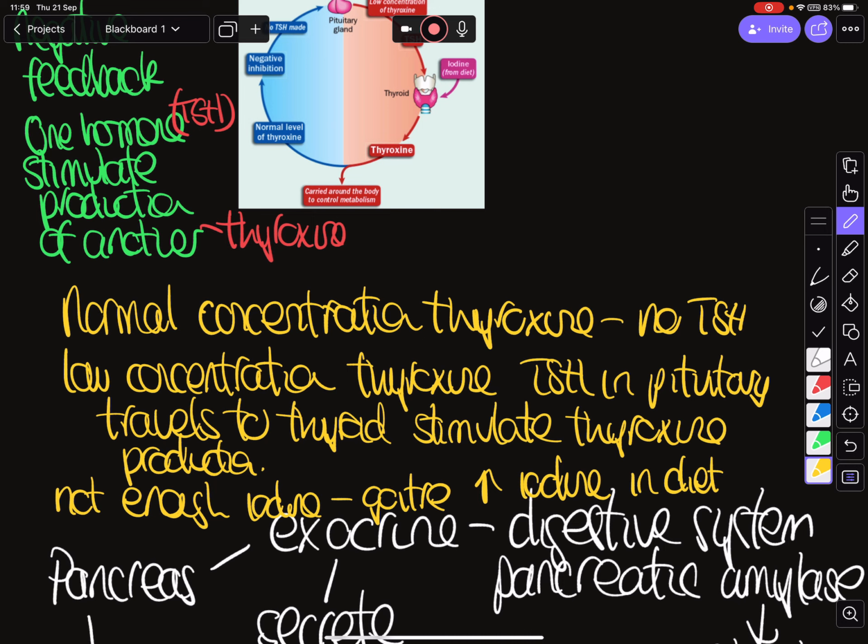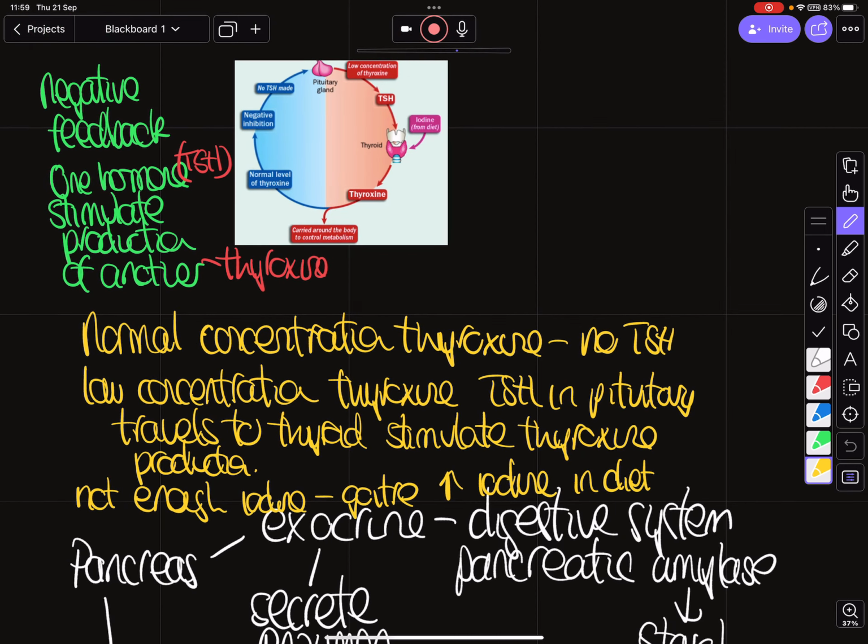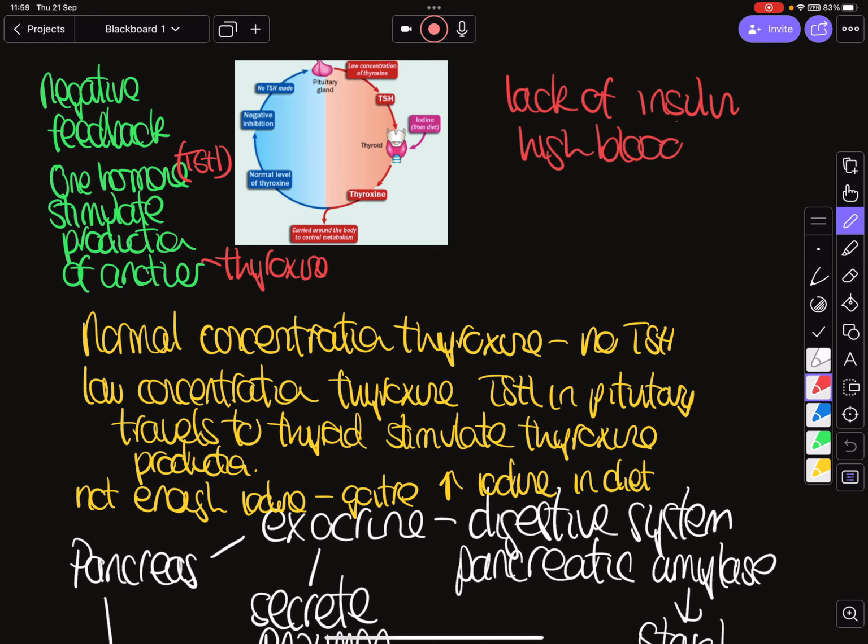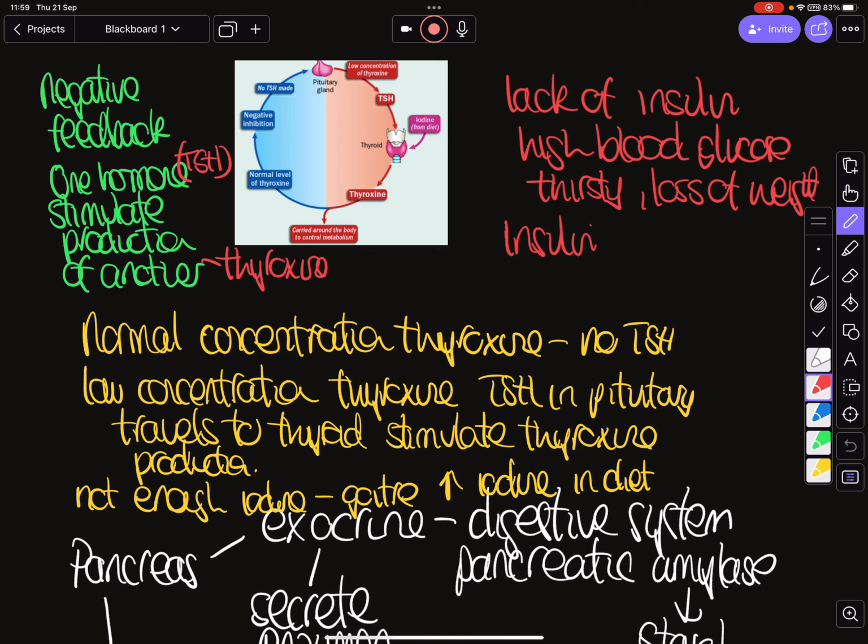They can ask you for examples of hormone supplements, and you get the choice of what you want to use. Lack of insulin is a nice one because that ties up with knowing about our exocrine and endocrine function. You get high blood glucose, which we don't want, and it'll also be in your urine. You'll be thirsty with it. You'll lose weight with it. And therefore we give insulin injections as our treatment for this.